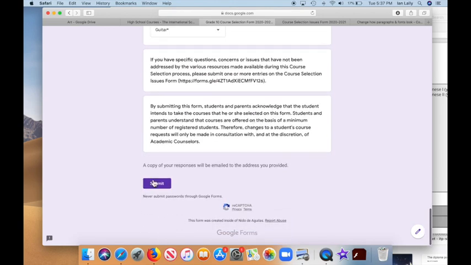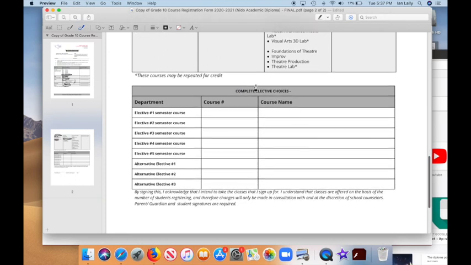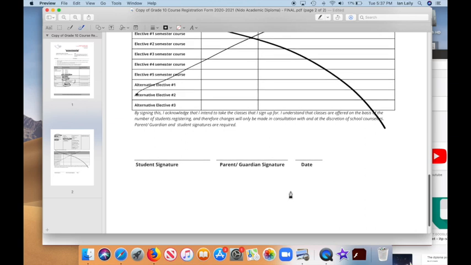Okay, so I'm all set. I'm going to go ahead and hit submit, and an email of my responses gets sent back to me, and I am done. And you see down here, we don't have to do anything here, because we already did it in the Google form. When it comes to parent signature, student signature, don't worry about that. We are actually going to send you an email instead of the signature boxes, but you will definitely need to